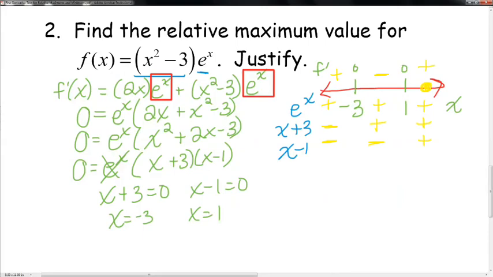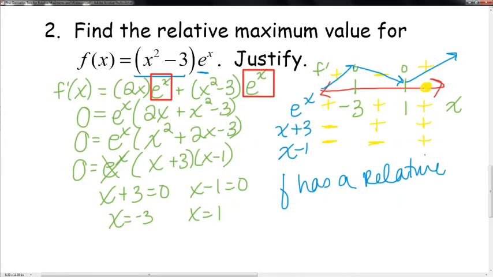And so we're trying to find a maximum. Again, maximum goes from positive to negative. So a positive slope goes up, a negative slope goes down, a positive slope goes up, and so we have a relative maximum at negative 3. So f has a relative max at